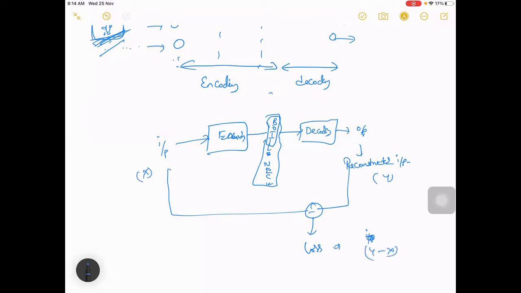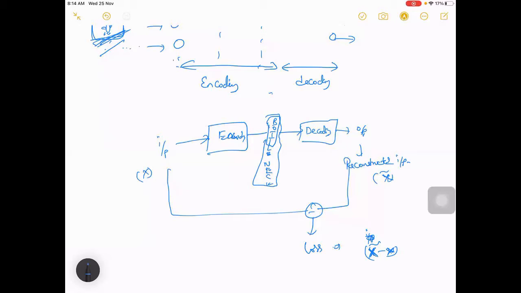Or, since you may feel y is a label, let's say x tilde is your reconstructed output, and this is your input. So the difference between those two can be your loss, right? It's similar to a regression loss, how we use a regression loss.